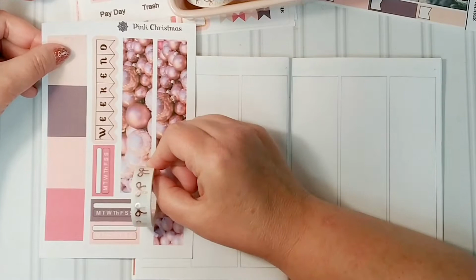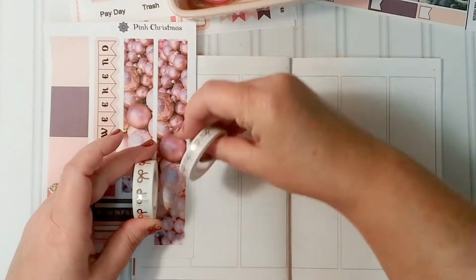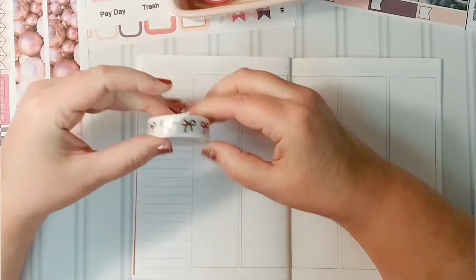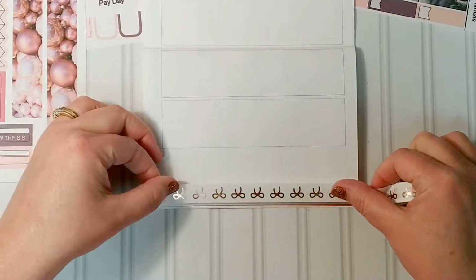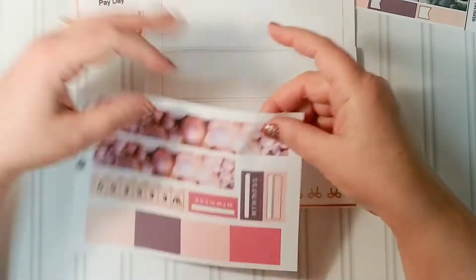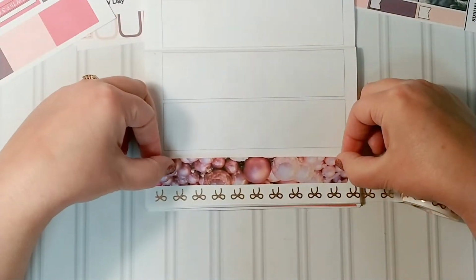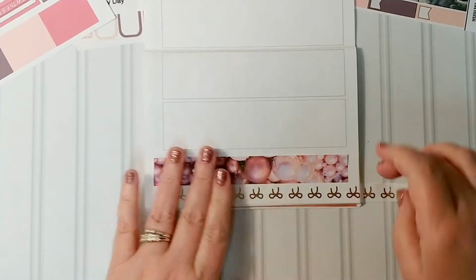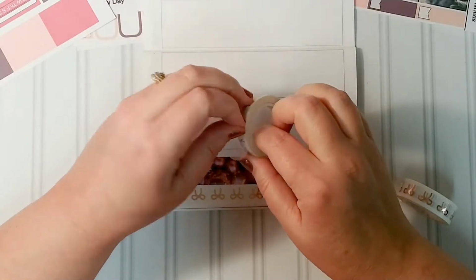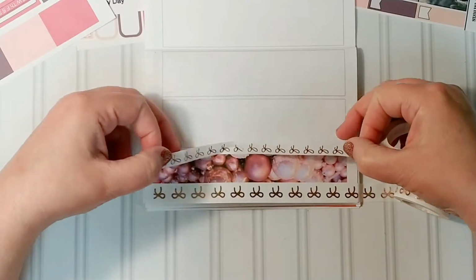I'm using this gorgeous ornament bottom washi on the sidebar because I don't need the sidebar and I like it to look pretty. I first saw this method by Amy at Two Little Bow Babies, and I've just outright copied her, because I think what she did, this idea was so incredible. She puts the bottom washi that comes with a kit along the side of a B6 insert, and I'm doing the same. I'm adding the white with pink, which is hard to see, it really is pink,